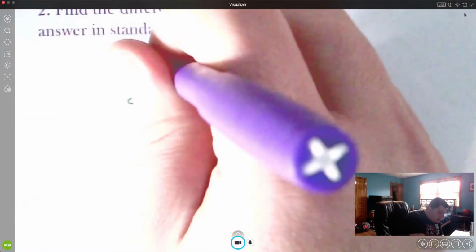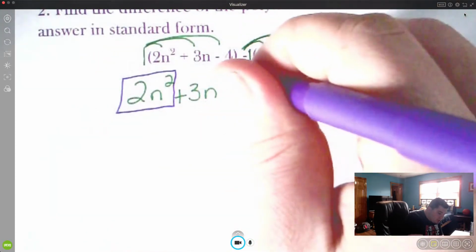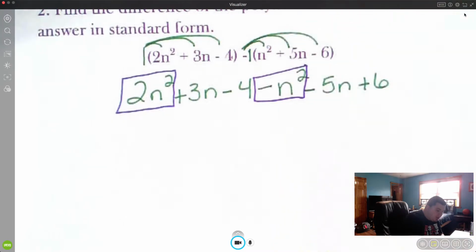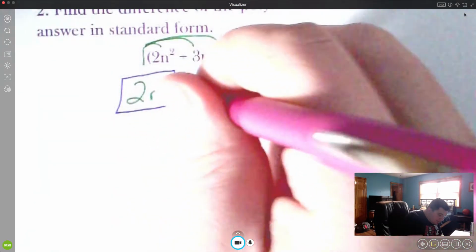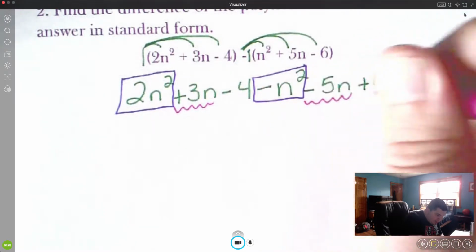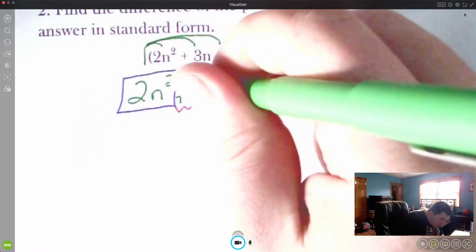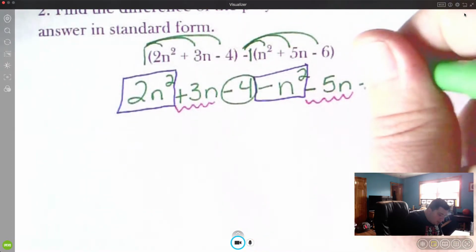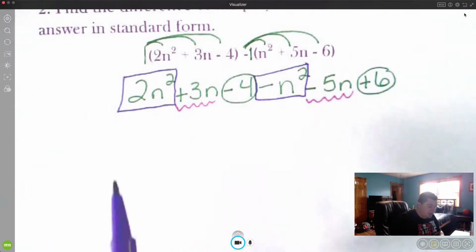So I'm going to put a box around our like terms, n squares. So 2n squared and -n squared. We have a +3n and a -5n. And then we have a -4 and a +6. I like to make sure I start out with my highest exponent so that way I